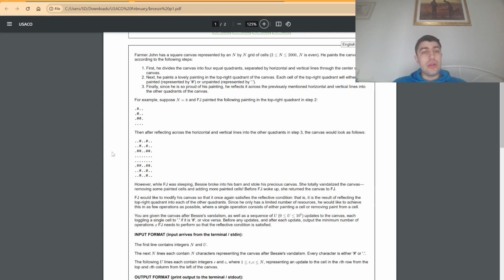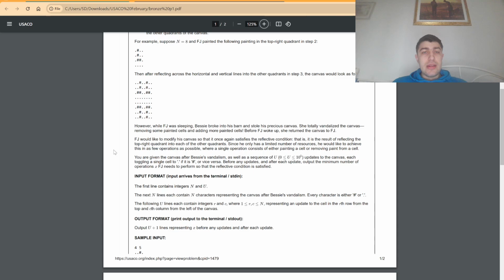And we are also told that during various points Bessie has modified certain cells and didn't keep the symmetric structure around, and we want to be able to find after each update operation, because in the problem we are told that some cells become different, like they mention here that Bessie changes the value of some cells, and we want to be able to tell how many cells we have to modify in order to return to a symmetrical structure. So again,